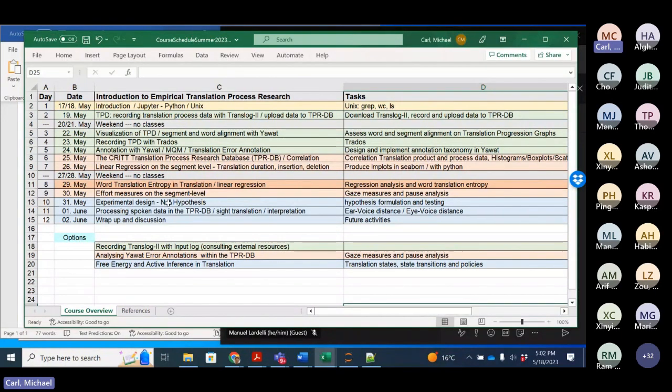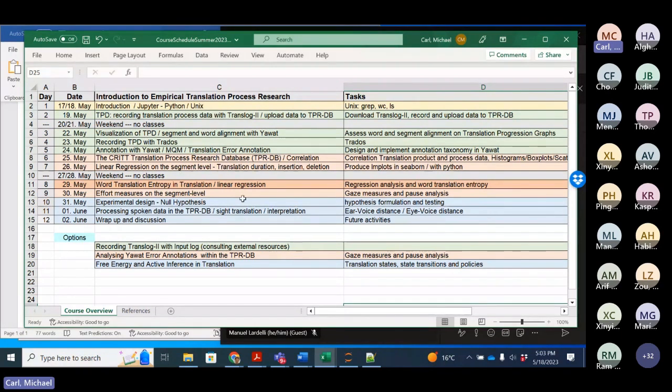Okay, but anyway, we can look into these effort measures on a segment level. Some measures have been suggested. This would be the pause to word ratio, for instance: how many pauses there are, on average, for each word that is produced.